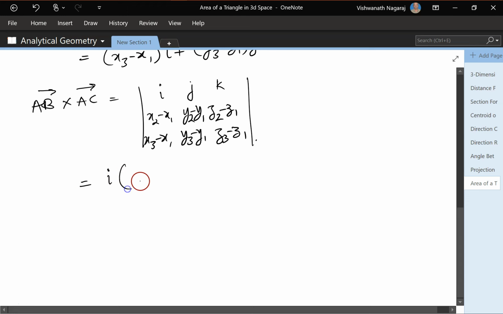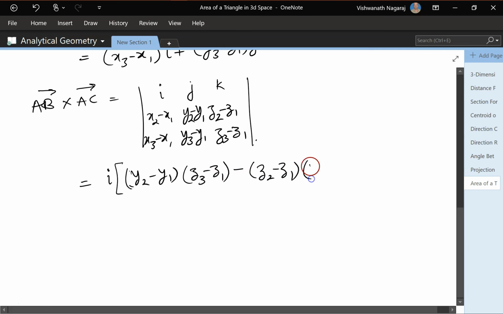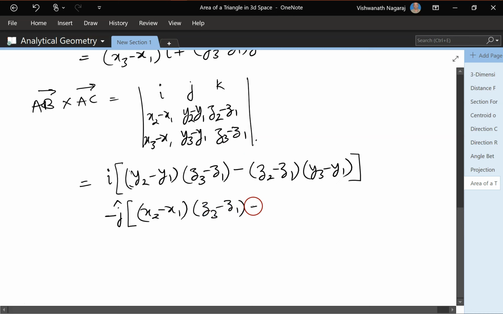So i times (y2 minus y1)(z3 minus z1) minus (z2 minus z1)(y3 minus y1). Okay, then minus j times (x2 minus x1)(z3 minus z1) minus (z2 minus z1)(x3 minus x1)